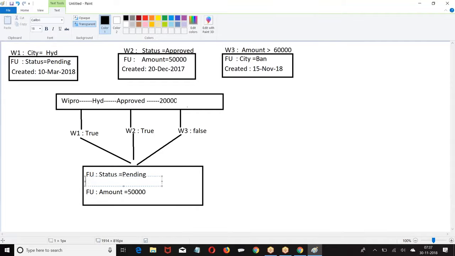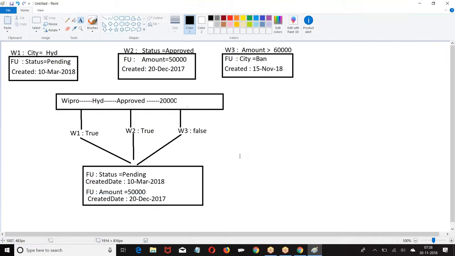Now we have created it. These are the actions. Now what happened? Whichever rules are true, collect their actions separately. Now these are the 2 actions which I have to perform.